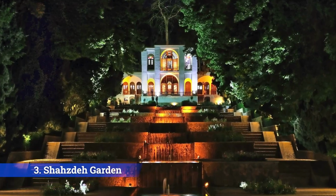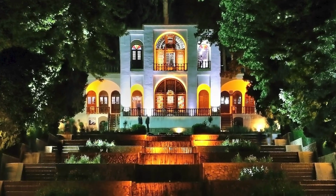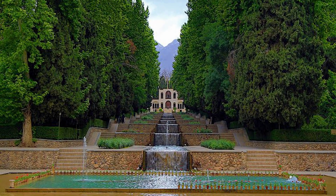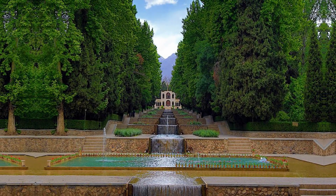3. Shazdeh Garden, or Prince's Garden. For a touch of greenery in the desert, let's visit the stunning Shazdeh Garden, or Prince's Garden. This Persian garden, a UNESCO World Heritage Site, is a true oasis with its flowing water fountains, tall trees, and